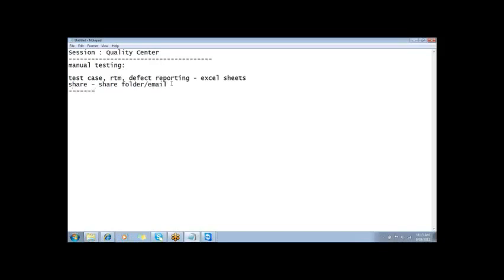Okay. Then now we have something called as quality center. Okay, let's try to understand what is this quality center. Okay. So in this quality center, you are going to store all the files in one common location. Okay, we call it as a quality center server.